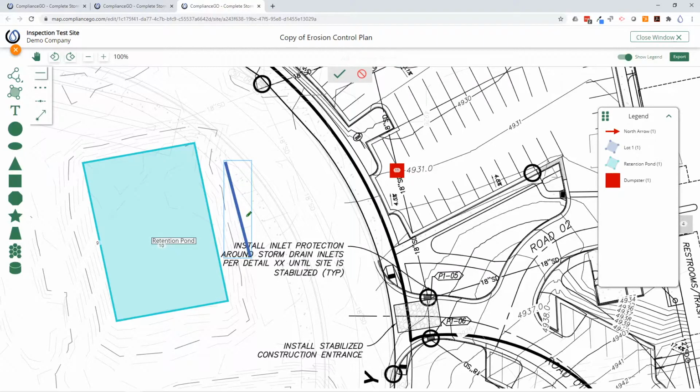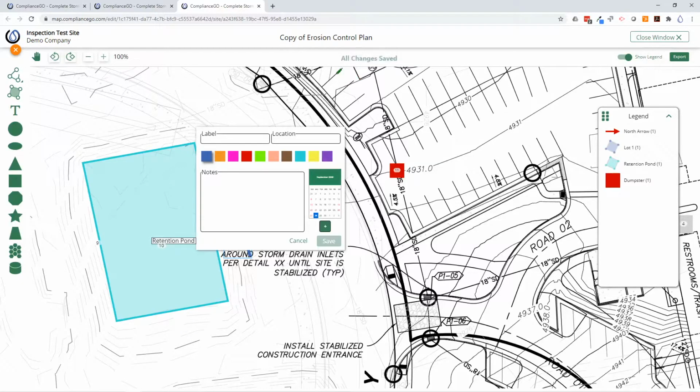With any of the shape tools, once you are done drawing on the map, select the check mark icon at the top of the screen to save and place the shape. Once placed, you will be able to label the shape and give it a final color. You may also describe the location of the shape,